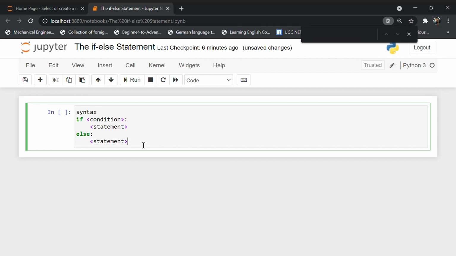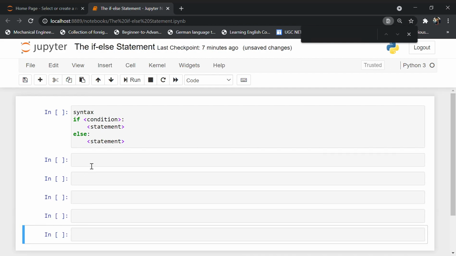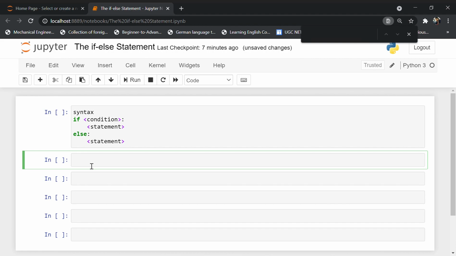So let's take an example program. We have to check whether the given number is positive or negative. We will start with this program. We firstly have to take a variable.